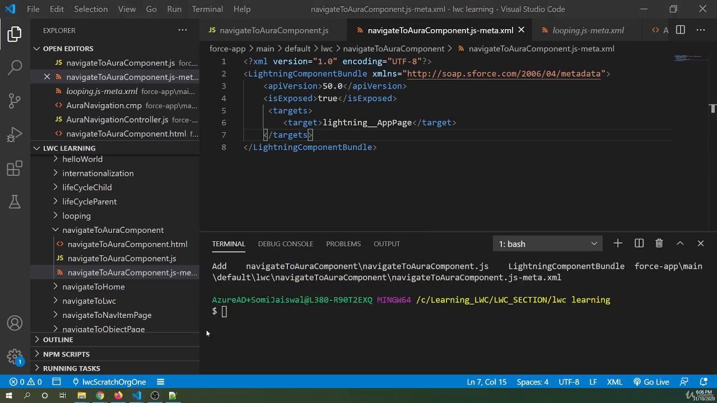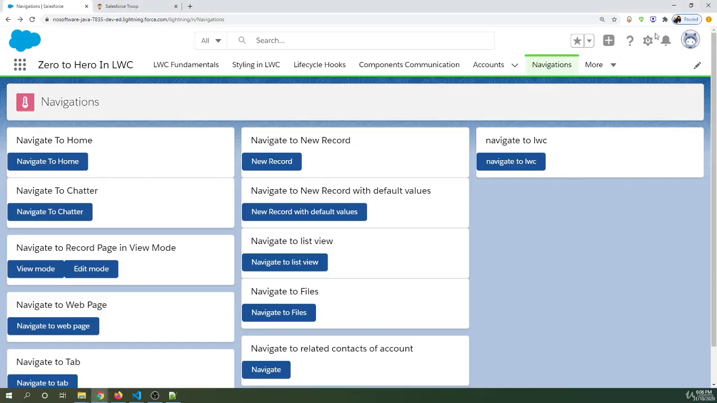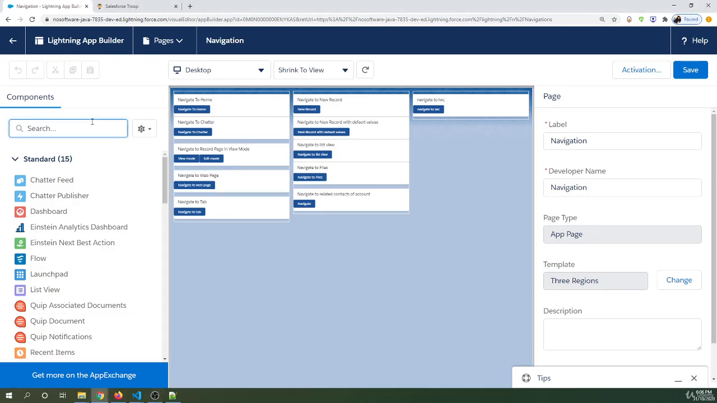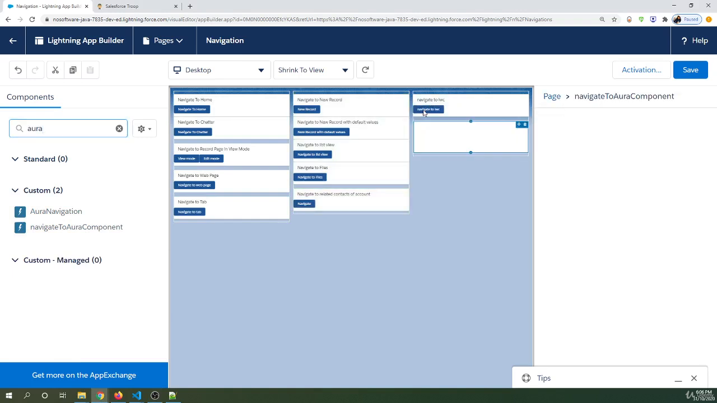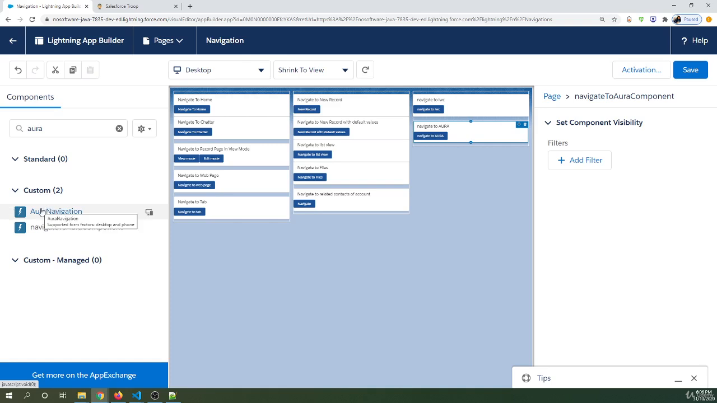Let's go to our navigation page, edit the page. Let's place our component onto the page. Let's search for our component, navigate to Aura component. You can see we added the flexi page, visible for all pages. So here our Aura component is also visible. If you remove it, it will not be visible here. We can remove that as well. That's also fine for us because we are navigating to that page. We are not placing that component on the page. So I just drag my navigate to Aura LWC component onto the screen, hit the save button, hit the back button,